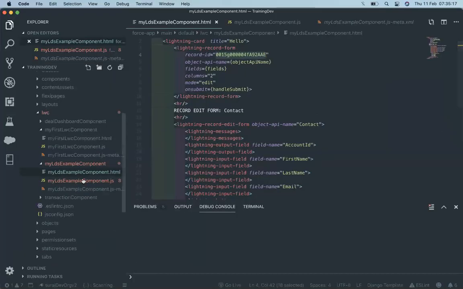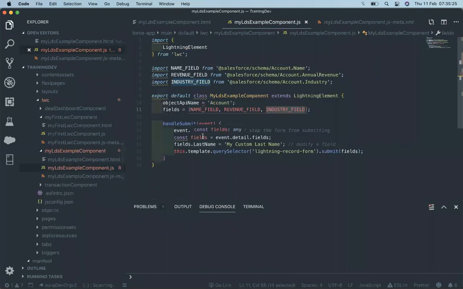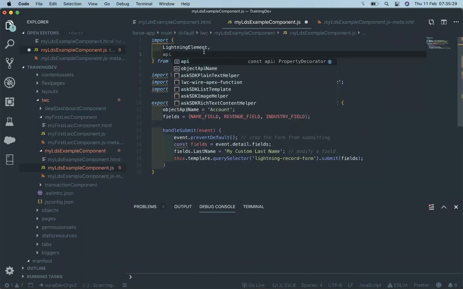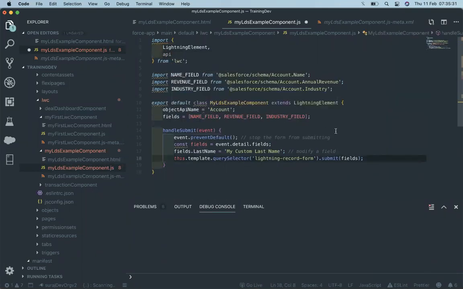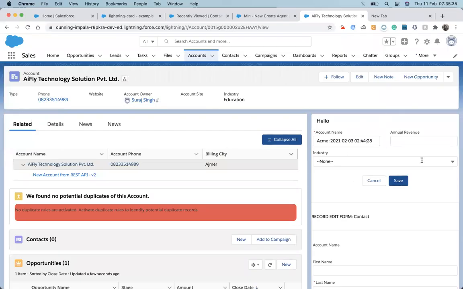As I showed, @API is used to get the values from the parent component. So we will take the help of an @API field and get the record ID, because remember, we are dropping this component into the detail page.